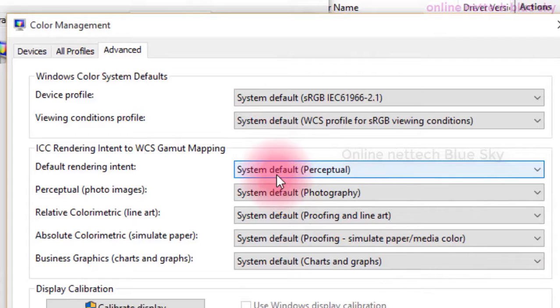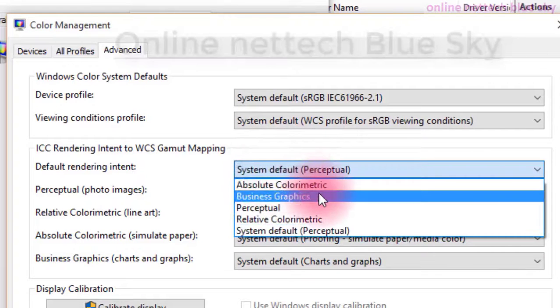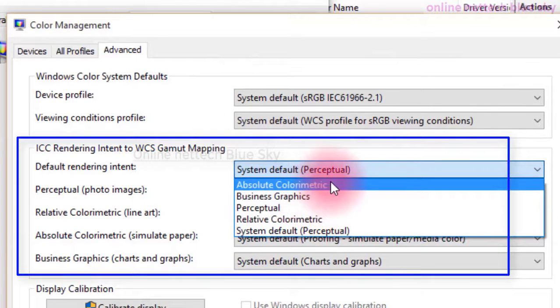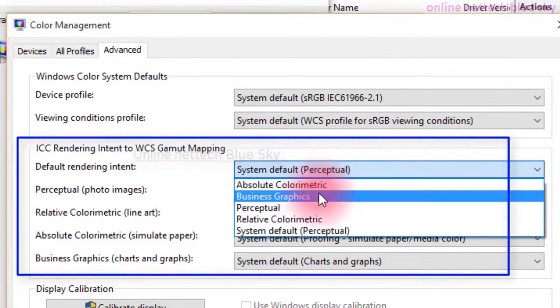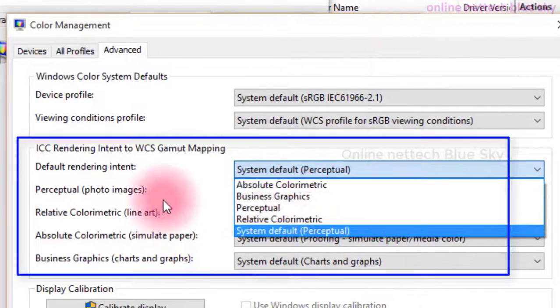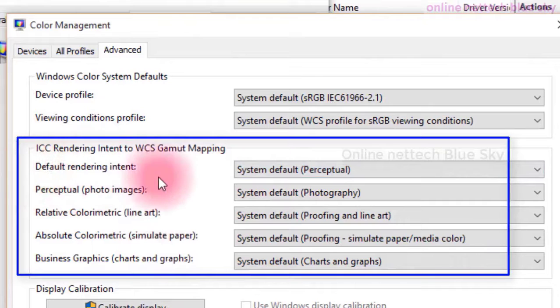Default means your computer automatically selects your color management profile here. After you select a profile, it works in the background and shows a different tab for color and color adjustment systems. You can see first ICC rendering and gamut mapping, so you can map your default and rendering intent.